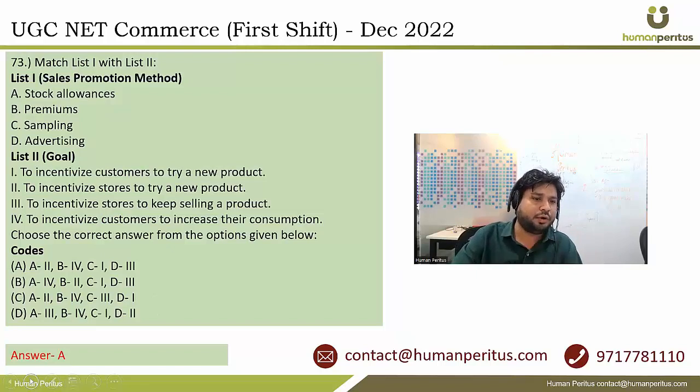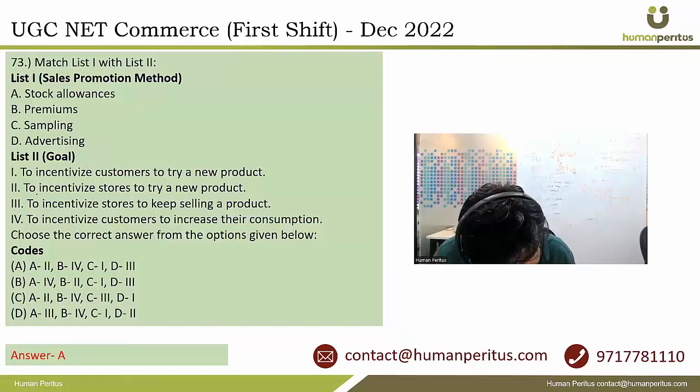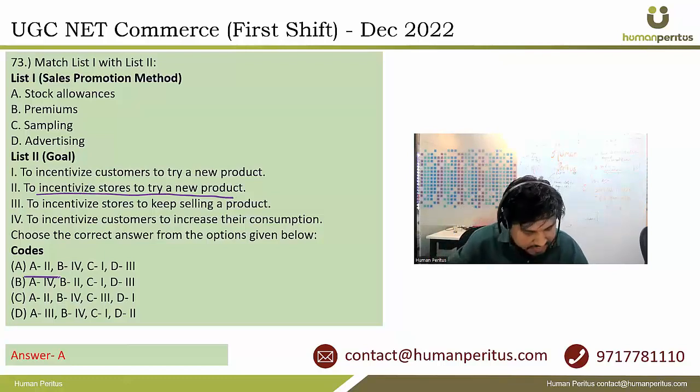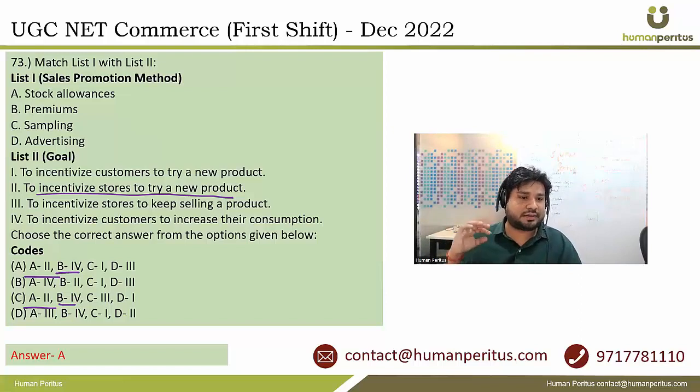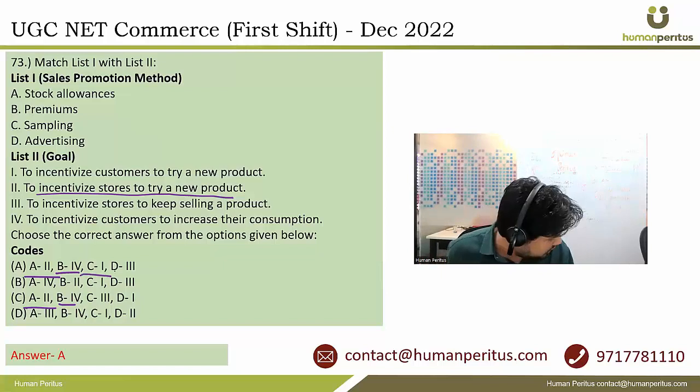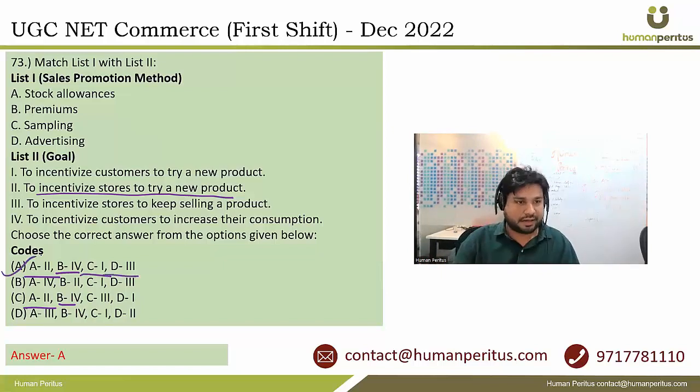अगेन मैच द कॉलम। लिस्ट 1 में है सेल्स प्रमोटिंग मेथड, और गोल बताया है, गोल कस्टमर से रिलेटेड बताया और स्टोर से रिलेटेड बताया है। तो अगेन इसमें भी आप एक एक वर्ड को पकड़ सकते हैं। जैसे कि अगर मैं स्टॉक अलायंसेस बोलूं, तो स्टॉक अलायंसेस देना है, यानी क्यों दिया, क्योंकि हमें स्टोर में नया प्रोडक्ट को ट्राई करवाना था, तो ए का 2 हो गया। नेक्स्ट इज प्रीमियम्स की बात करी, प्रीमियम्स क्यों दे रहे हैं, कस्टमर का कंजम्पशन बढ़ाने के लिए, ज्यादा खरीदिए, तो बी का 4 हो गया। ठीक है, सैंपलिंग, अब सैंपलिंग क्यों कर रहे हैं, सैंपल तब देते हैं किसी भी कस्टमर को नया प्रोडक्ट ट्राई कराने के लिए, तो सी का 1 हो गया। अगेन फिर बचा डी, और डी का फिर हम 3 पे टिक करके आ जाएंगे।